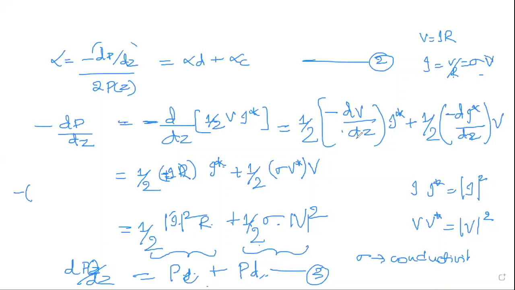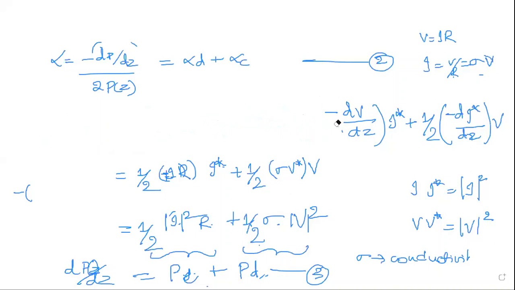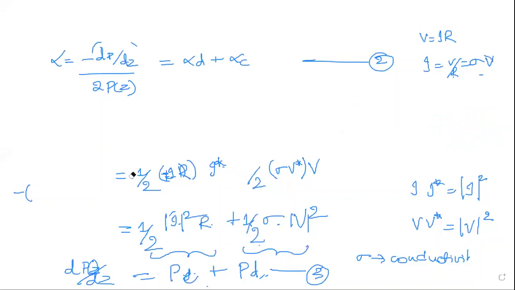Now what you're doing is substitute your equation, that is equation 3, in the equation 2. So if I simplify that, you will be getting the equation as, we have already written the equation for minus dP by dZ, that is PC plus PD. So write directly the equation of PC plus PD in equation 2.